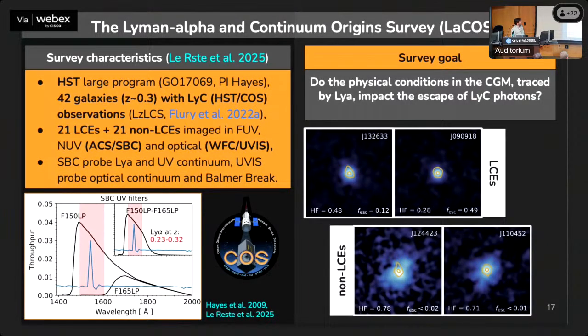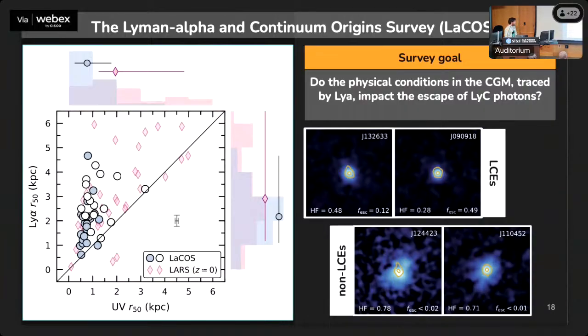And again, the main question of the survey was: do the physical conditions of the CGM, traced in our case by Lyman alpha, impact the escape of ionizing photons? And just visually, when we constructed these Lyman alpha images, we saw that the Lyman continuum emitters seem to have much more compact Lyman alpha halos, whereas the non-emitters tend to have Lyman alpha halos which are more extended and also more diffuse. This is represented here very simplistically with the sizes. Here is the UV size, here is the Lyman alpha size. So we see that for equally compact galaxies in the UV, the Lyman alpha size is larger for the non-emitters,